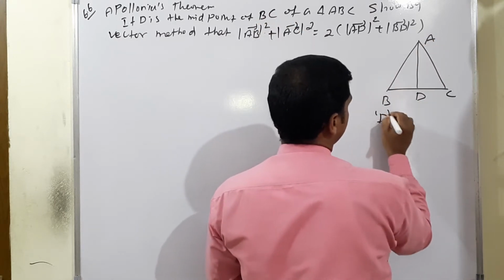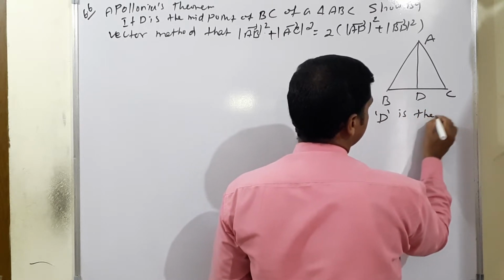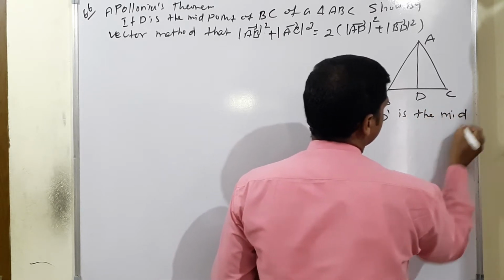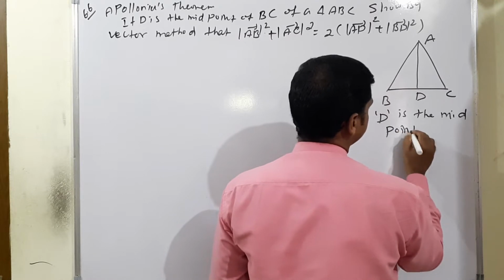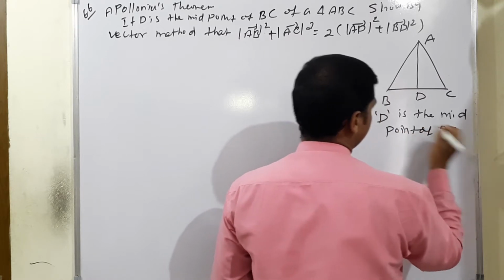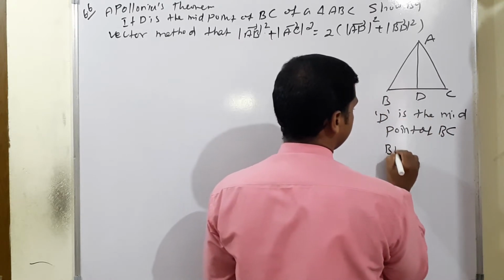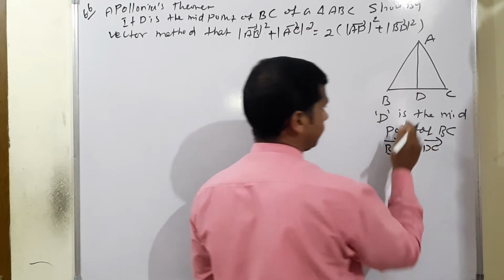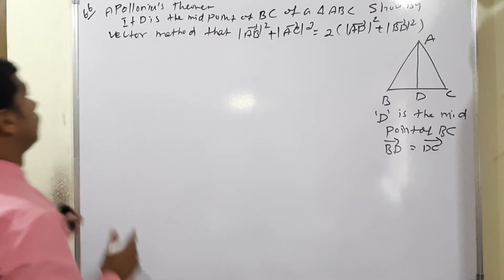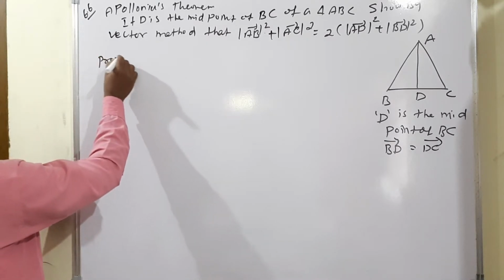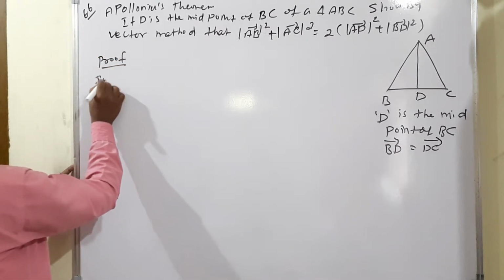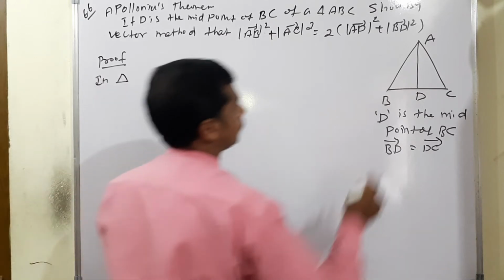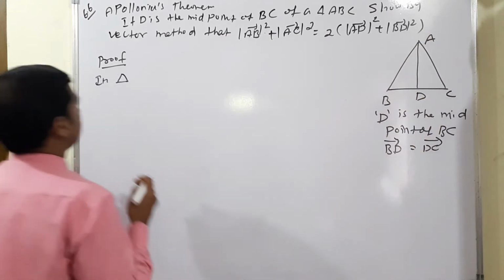So D is the midpoint of BC. Midpoint of BC means definitely we can say BD vector is equal to DC vector, isn't it? Because D is the midpoint. Now moving to proof. So in triangle ABD,